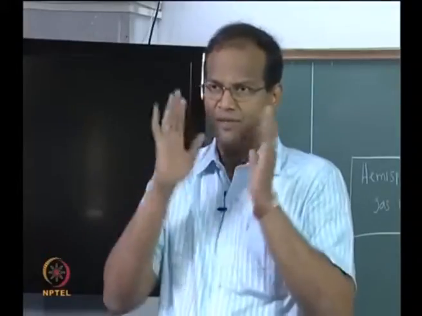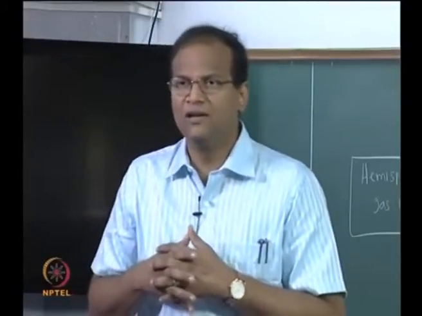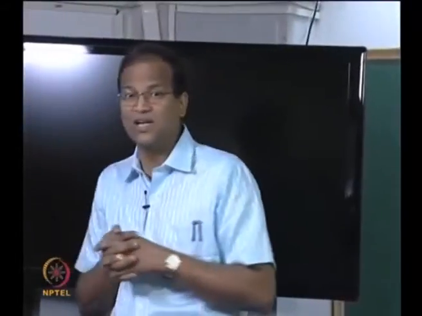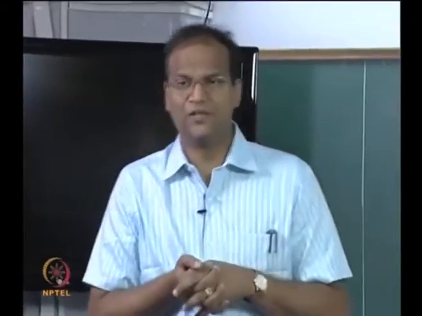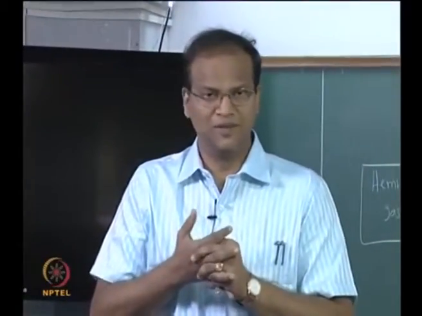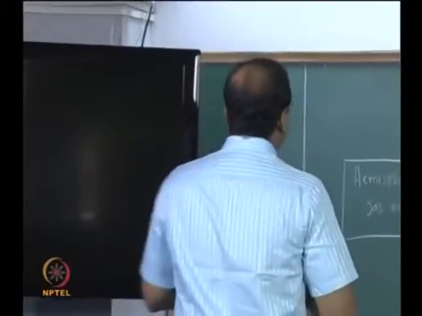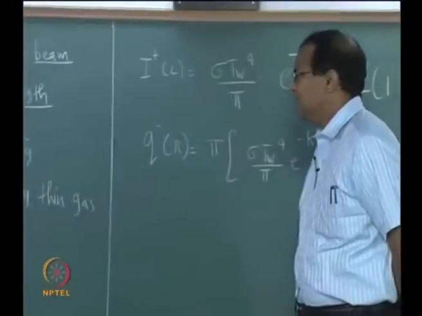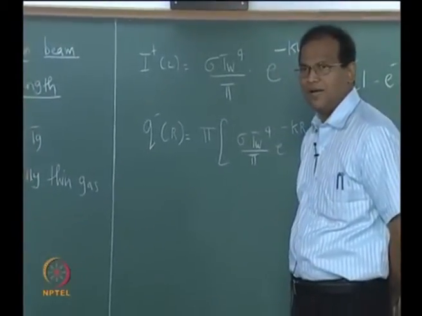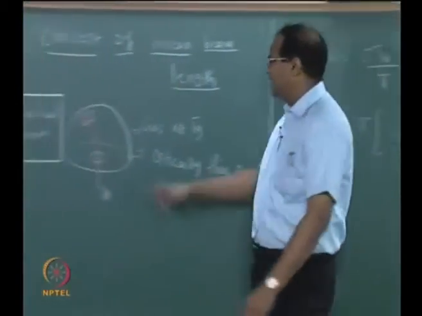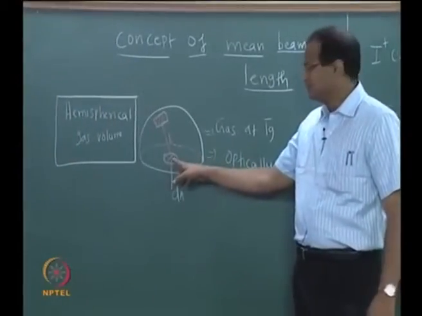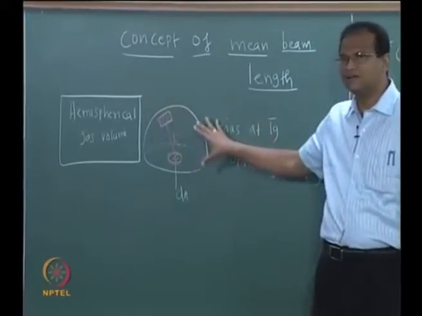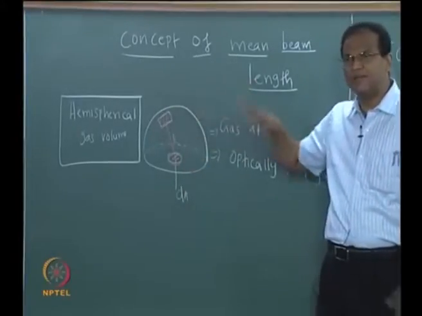Okay. In the previous weeks we looked at radiation heat transfer from an evacuated enclosure or an enclosure containing air which is radiatively transparent or radiatively non-participating. Now let us consider a hemispherical gas volume. The radius of the hemisphere is given by r. There is this elemental area dA at the center of the bottom surface of the hemisphere. We are looking at this gas volume which is absorbing and emitting.